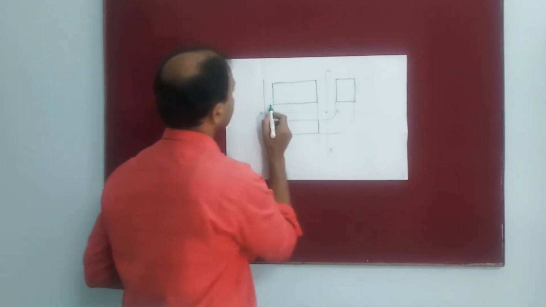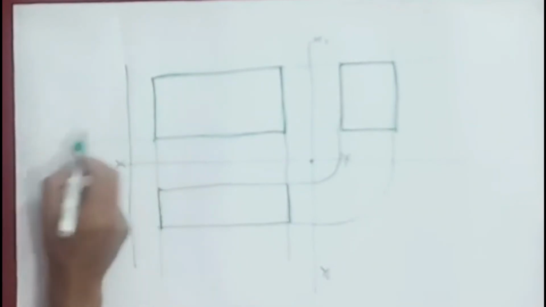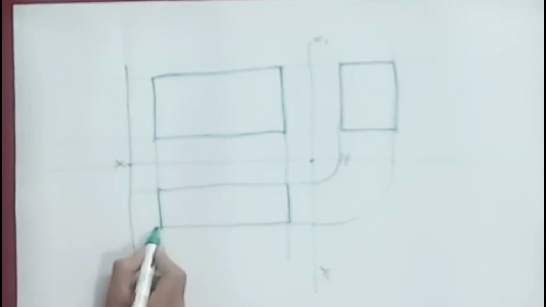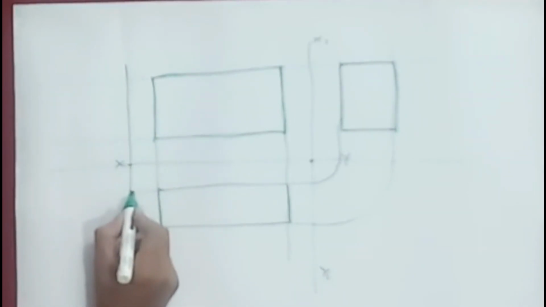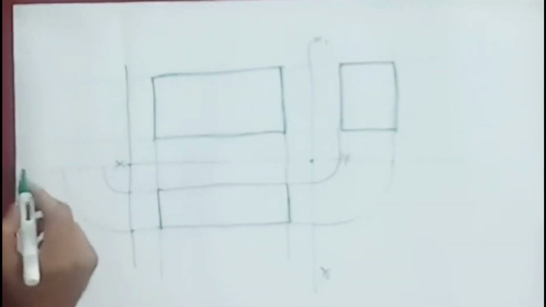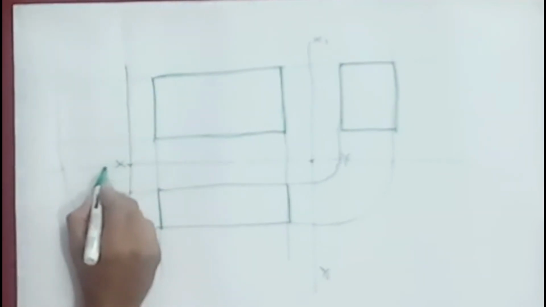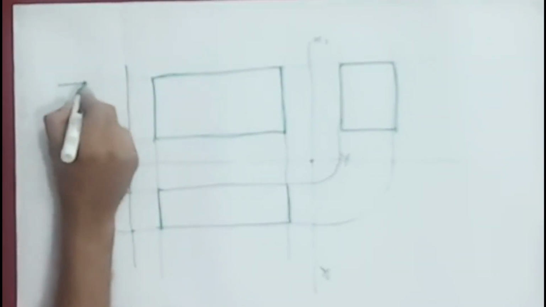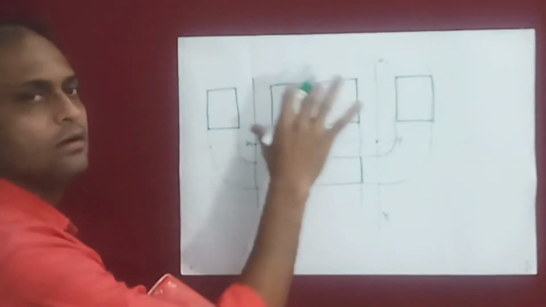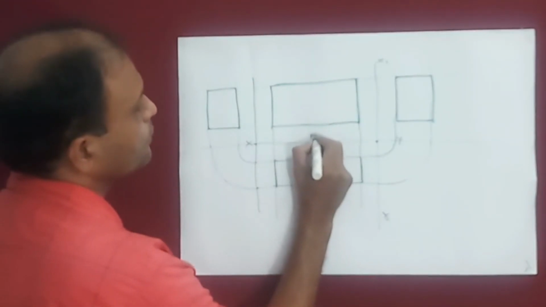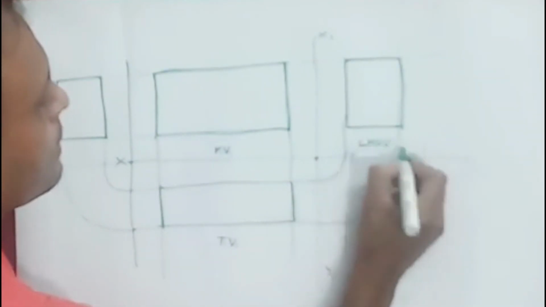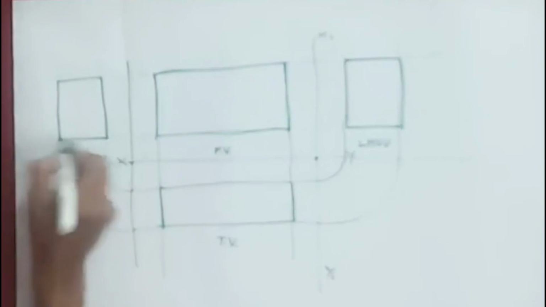Okay, so we have to draw horizontal projectors from the front view. Then, first of all extend the projectors of the top view up to X1, Y1, and then with this center and this much radius, draw this arc like this. Then draw vertical projectors, and within these projectors we have to draw this rectangle. Okay, so finally we have to name the views: this is the front view, this is the top view, this is the left hand side view, and this is the right hand side view.